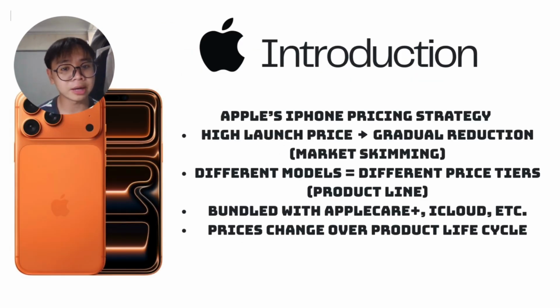So when Apple launched a new iPhone, it often adopts a market skimming strategy, setting a high initial price to capture customers who are willing to pay more for innovation and exclusivity. As the competition intensified and newer models appeared, Apple gradually reduced the price of older versions to reach more price-sensitive buyers. Within the same product line, Apple also used product line pricing, offering iPhone Pro and iPhone Pro Max,